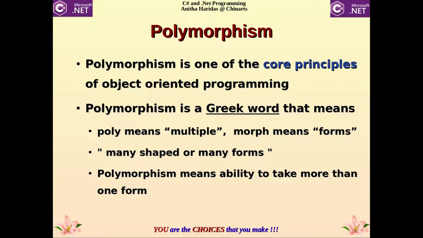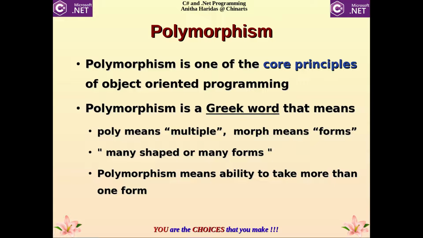You have already covered polymorphism in both C++ and Java programming. We will be discussing again what polymorphism is, and some simple example programs will also be discussed in this video. Polymorphism is one of the core principles of object-oriented programming. The three core principles are encapsulation, polymorphism and inheritance. Encapsulation, we have already discussed, including how to handle it using properties, indexers, data hiding, etc., in our previous videos. This video is about the next core principle, which is polymorphism.